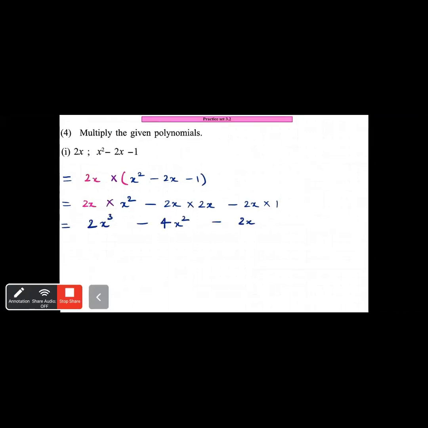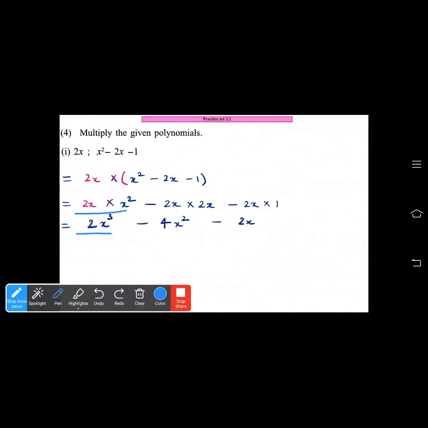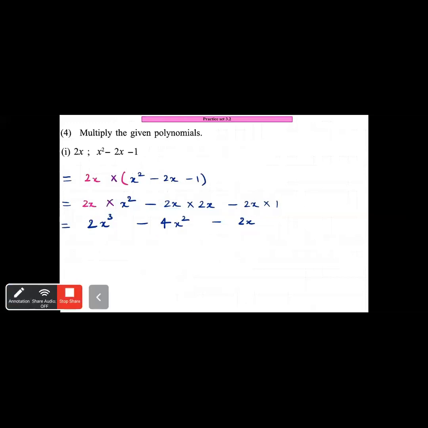Next, 2x multiplied by x square will become 2x cube. Minus 2x into 2x is minus 4x square. 2x into 1 is 2x. So this is your final answer. Next question is